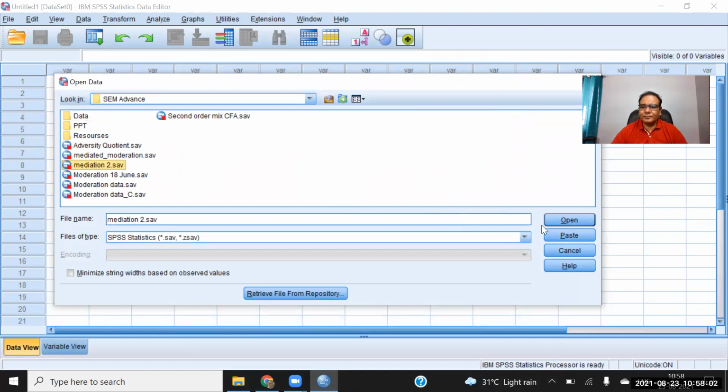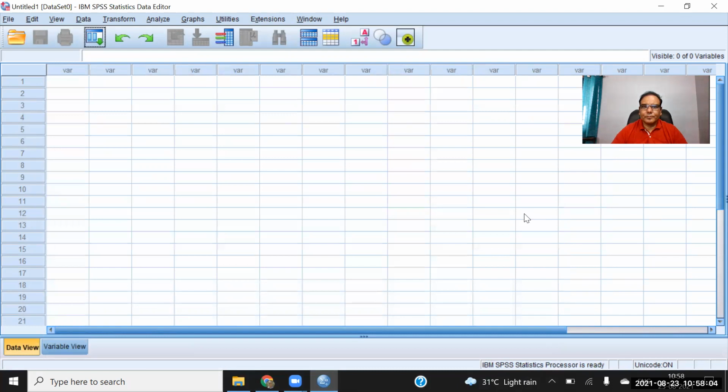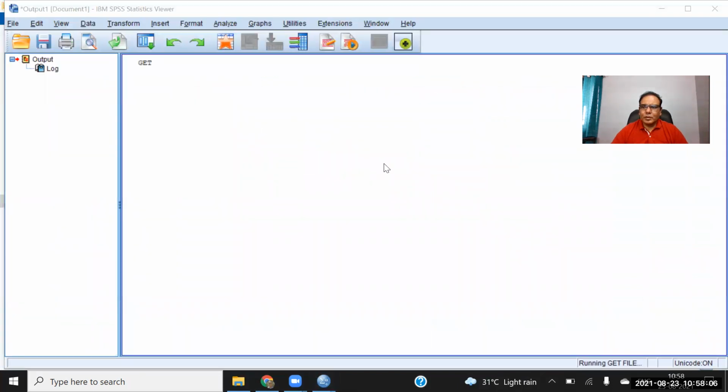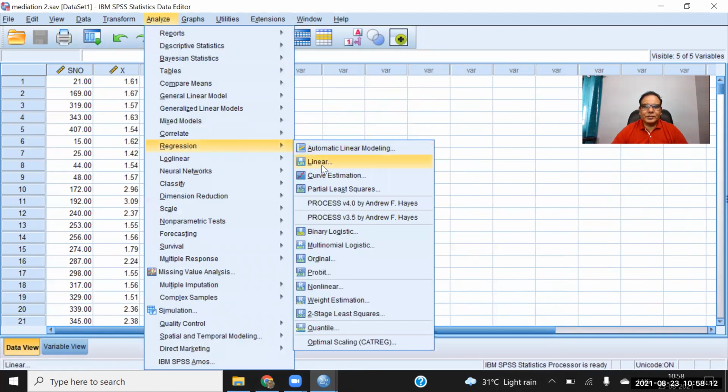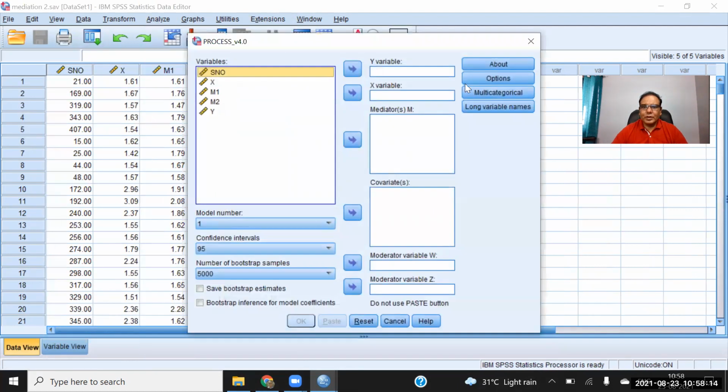Let's see this file. After opening any file, you go to analyze, regression, process macro, and this page comes. If you can see this page, it means your process macro is installed.